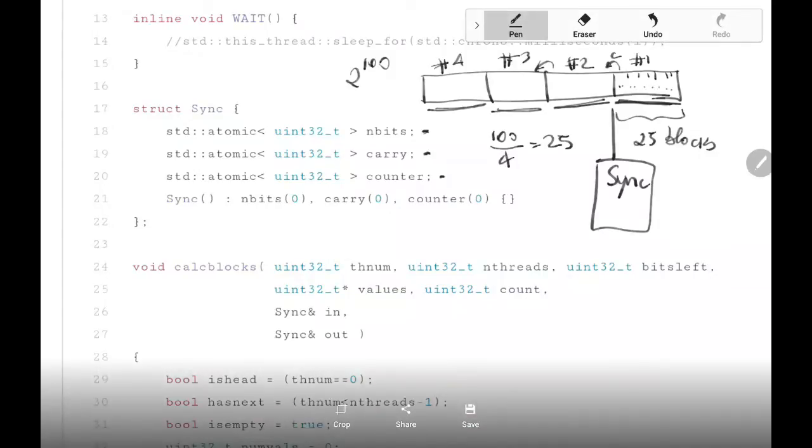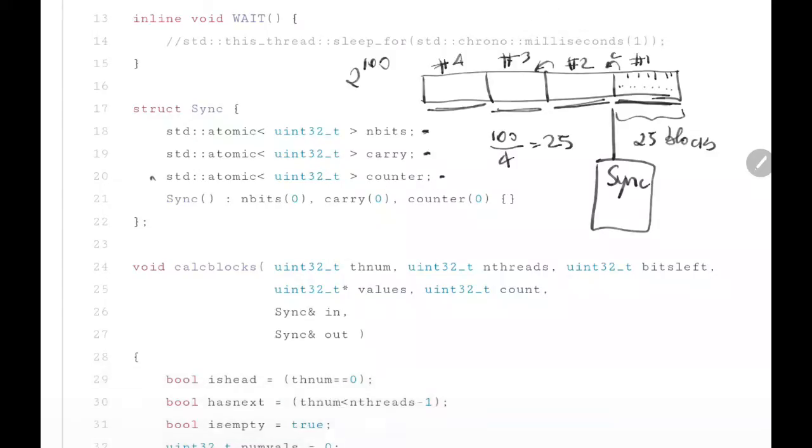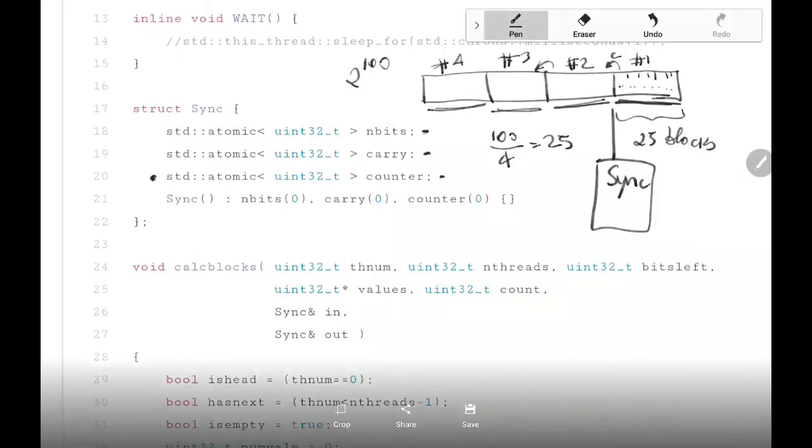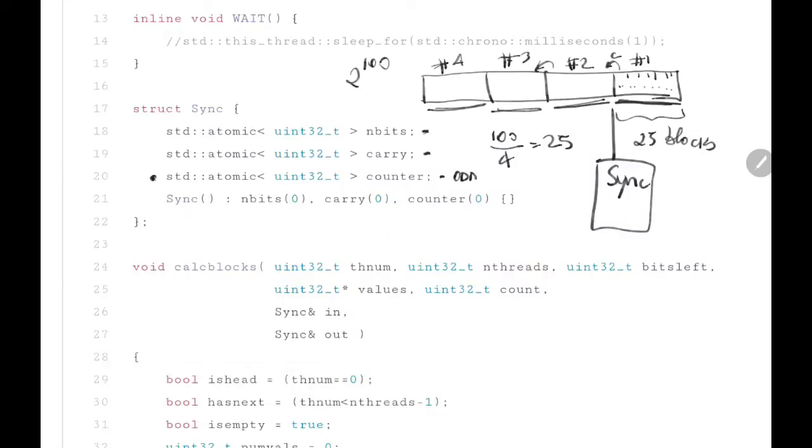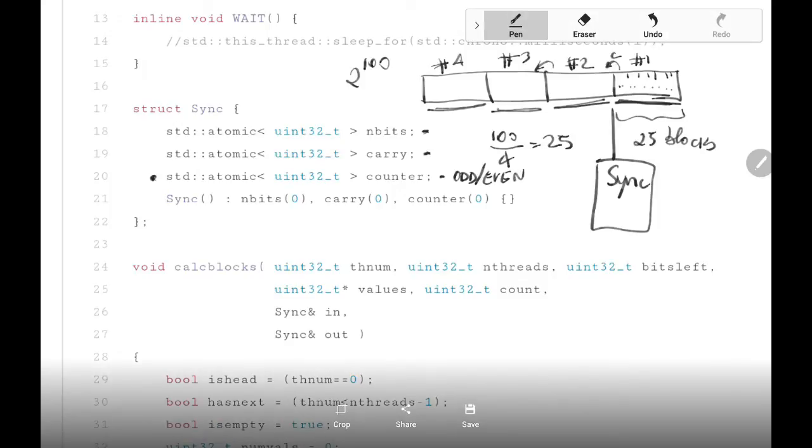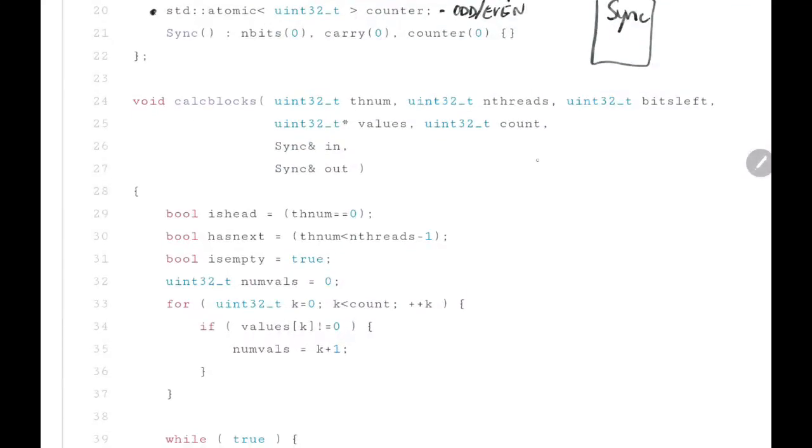We could choose any sort of mutex, any lock in this case, but the counter is a much better mechanism, and this is an odd even counter, or odd even mechanism, that we use to synchronize between the two. The way it works is,